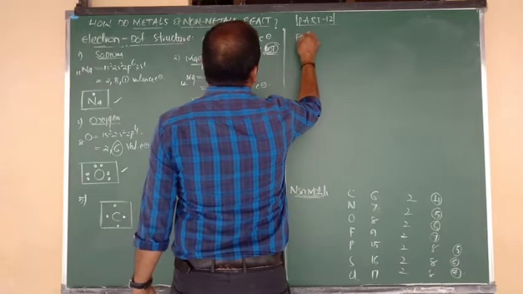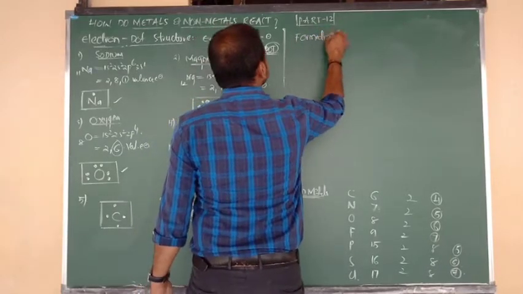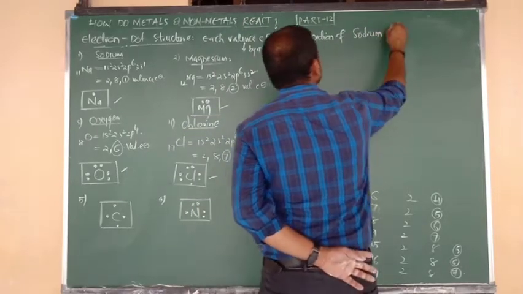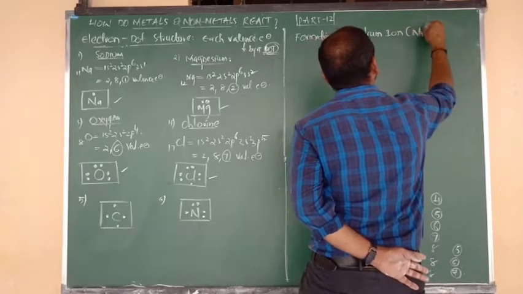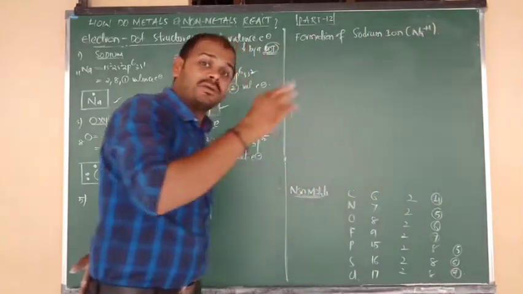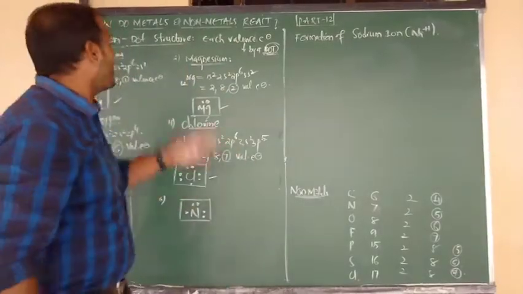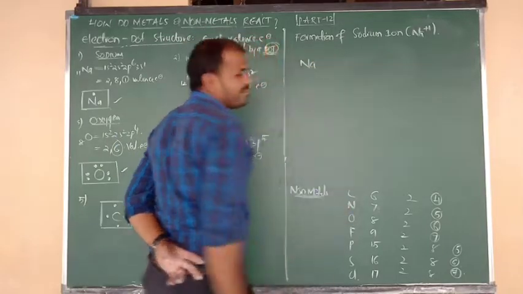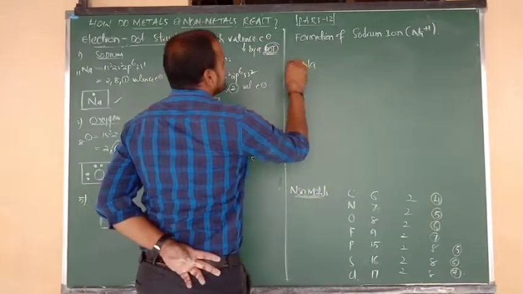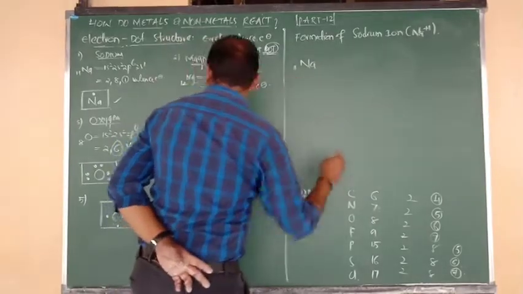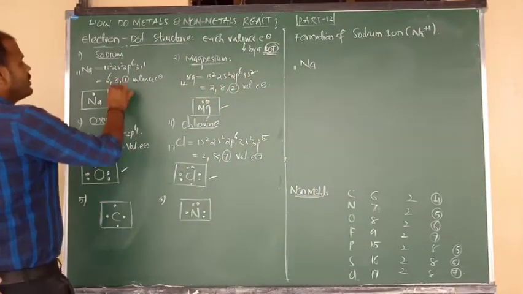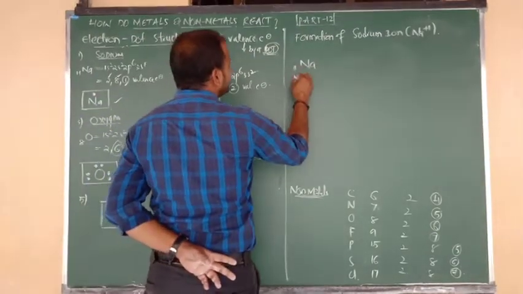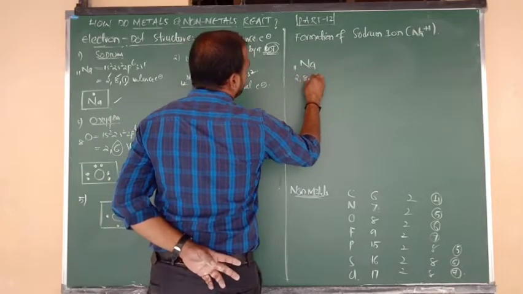That is nothing but the formation of sodium ion. What is the formula of sodium ion, beta? Na plus, or we can say Na plus 1, because it is ready to lose 1 electron to get a stable octet configuration. So directly I am going to show you sodium, Na. Atomic number is 11. The K shell contains 2, the next shell contains 8 and the last shell contains 1. So the electronic configuration of sodium is 2, 8, 1.